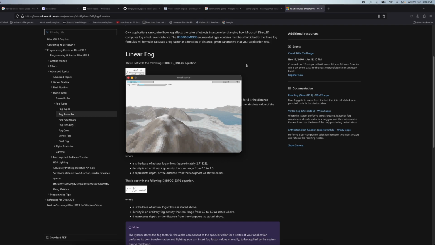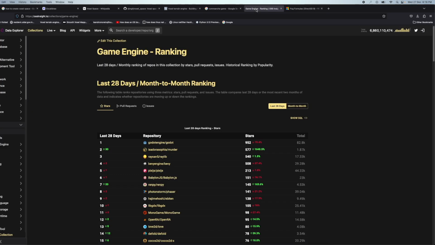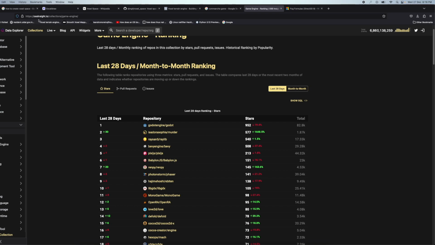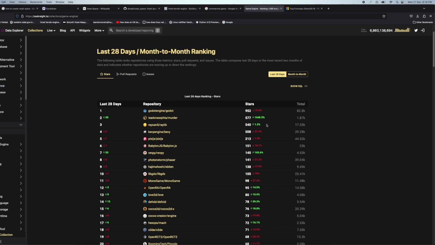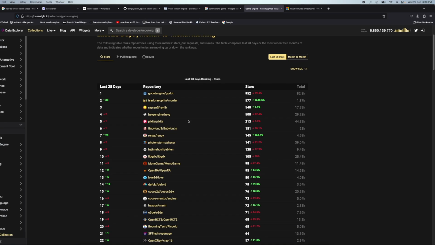Cool. So yeah, coming back to what I was telling about rendering pixels. I wanted a graphics library which could allow me to render pixels on the screen. And again, you can use any graphics library, but a few months back I came across this awesome page, ossinsight.io, which lists and ranks game engines by the number of stars they have gained or lost across time. And if I say last 28 days record, Raylib has always been towards the top. Yeah, Godot is doing awesome, but we have got something called Raylib, and